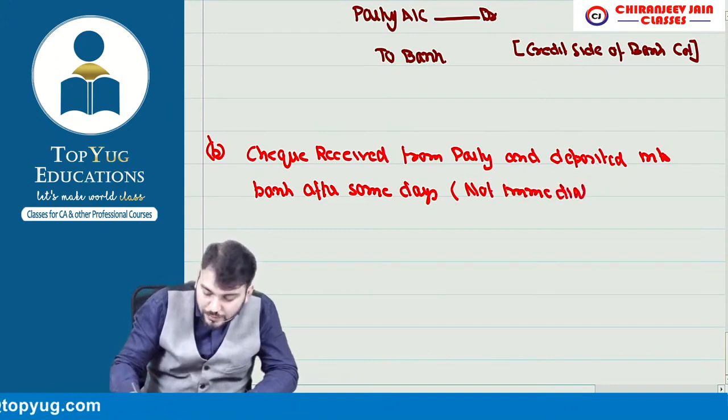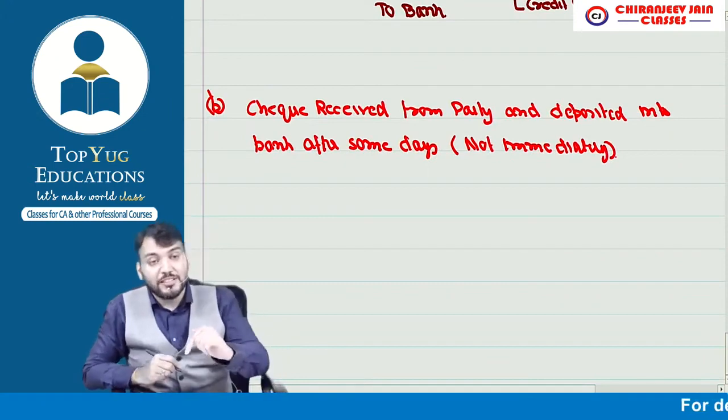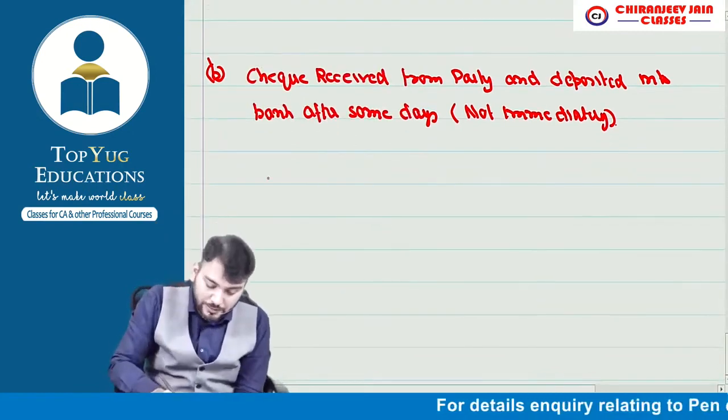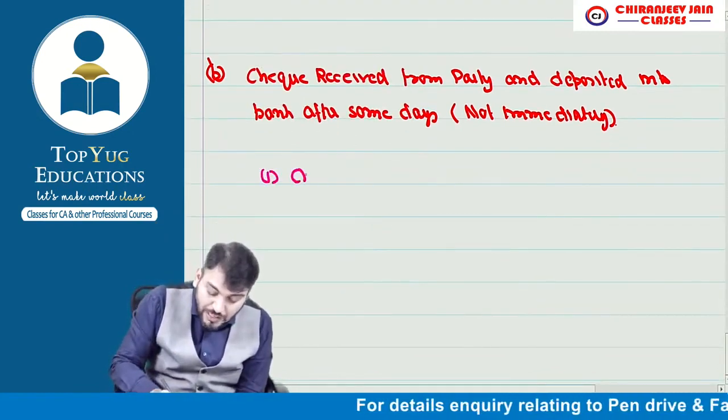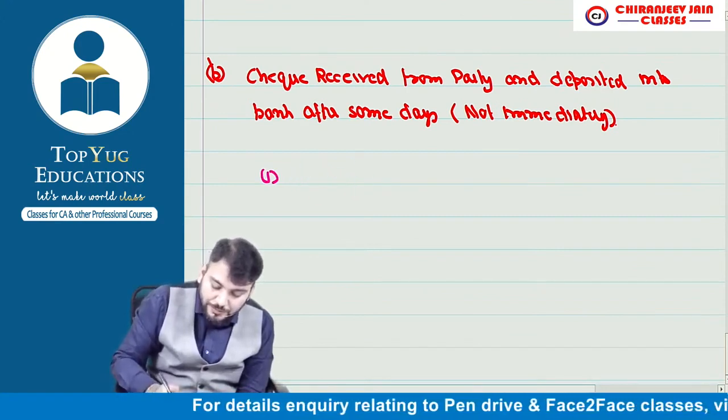Correct. So check received from party and deposited into bank after some days. Here, look, three things are happening. First, check received, so write: for check received,